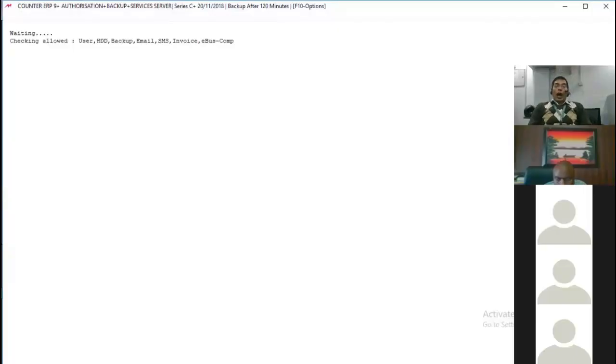One more thing, our software also takes one protected backup. Protected backup is a hidden backup and it is protected from ransomware virus. Recently we got a letter from a customer that his computer was attacked by ransomware, and our team recovered the data of that customer from the ransomware virus 100%. So this is my server backup.